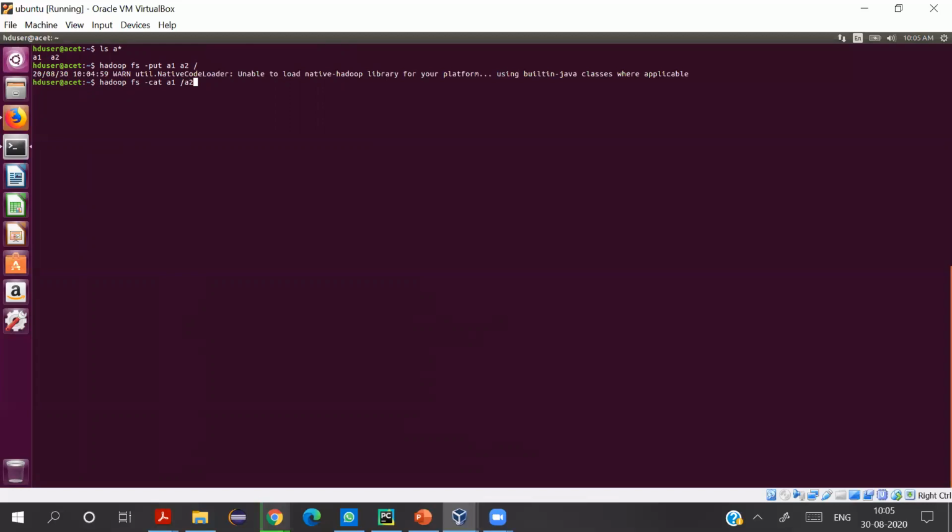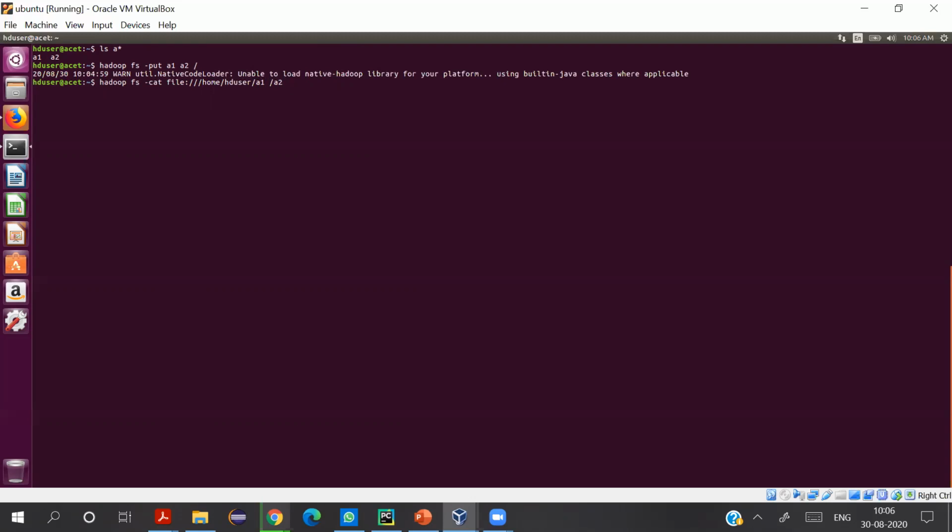But the local file system in a hadoop fs command should be mentioned with the file scheme, right? So I must write something like this. If I don't write it, it will give an error. So I'm listing A1 from my local file system and A2 from my distributed file system.